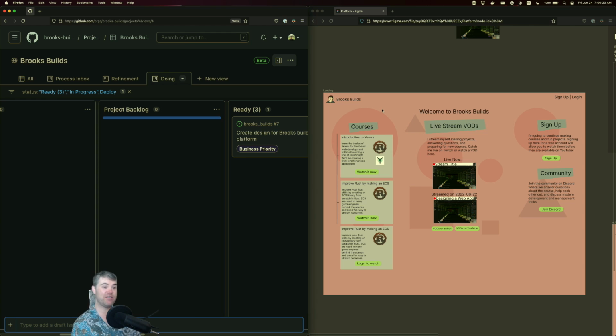The idea is that there are thin vertical slices that are focused on what the users of the application are going to be experiencing, not what I can build. So it wouldn't be something like build a back end, or build a hello world app and deploy that. It would be more of as a